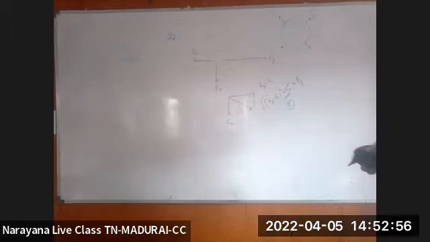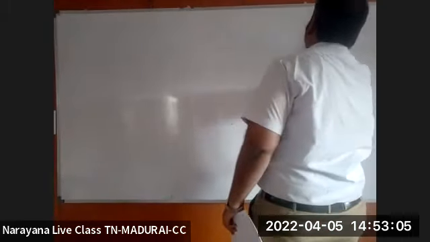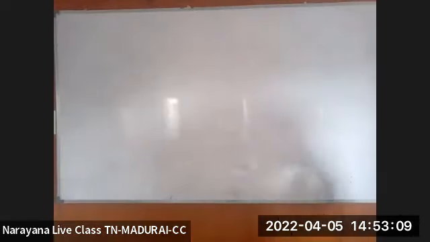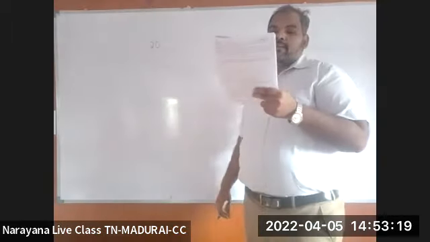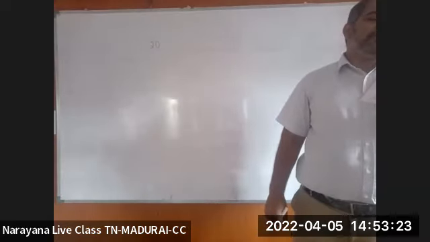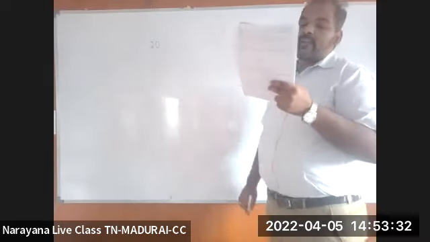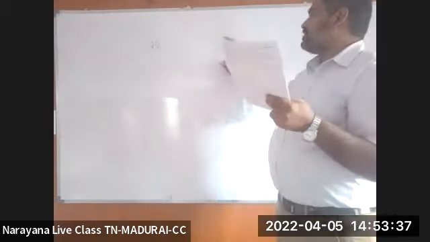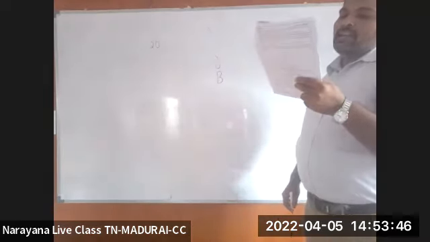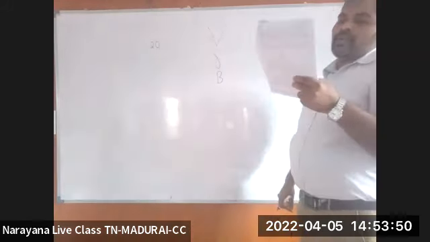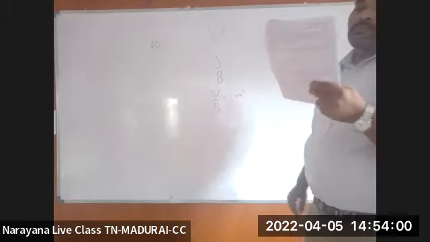Next, 20. See, question number 20. In a mass spectrometer used for measuring masses of ions, the ions are initially accelerated by an electric potential capital V, and then made to describe a semicircular path of radius small r, using a magnetic field capital B. And if V and B are kept constant in the ratio,